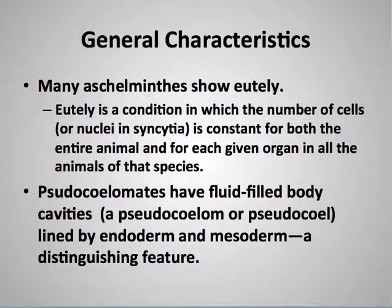Okay, so the assignments show Eutely. Eutely is a really nifty thing, and it's highly significant and isolated to this group. It's a condition where the number of cells in their body never changes throughout their lives. You, of course, as you grow, increase more cells, and that's how growth happens. You add cells onto your body, and that's what most things do. But not here. This particular group,